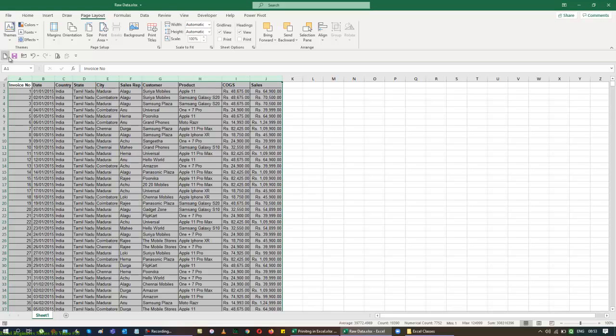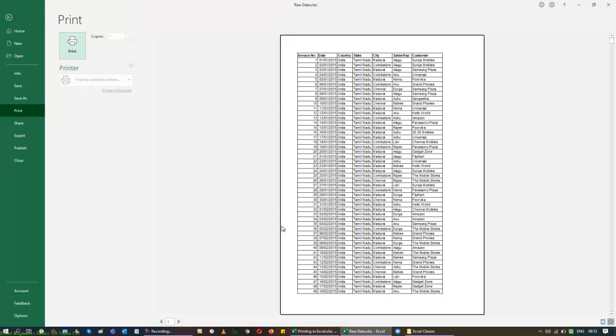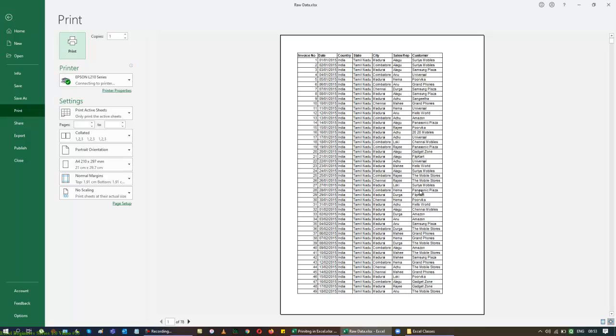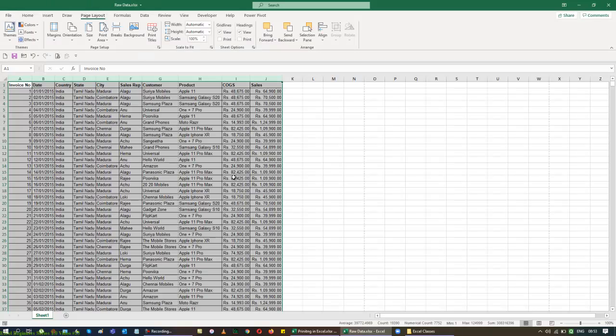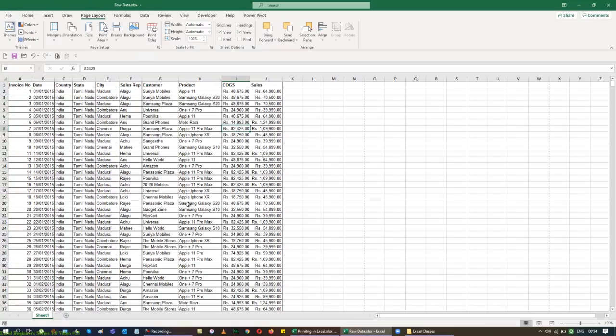You can see I have one more line in the bottom part. We call this the quick access toolbar, or QAT in short. Here I have a shortcut which gives you a preview of a print. When I click this, it shows only until customer. But I have data beyond customer, so the data of product, COGS and sales come into play. If it is one column to be added to a list, probably I might work around with the data.